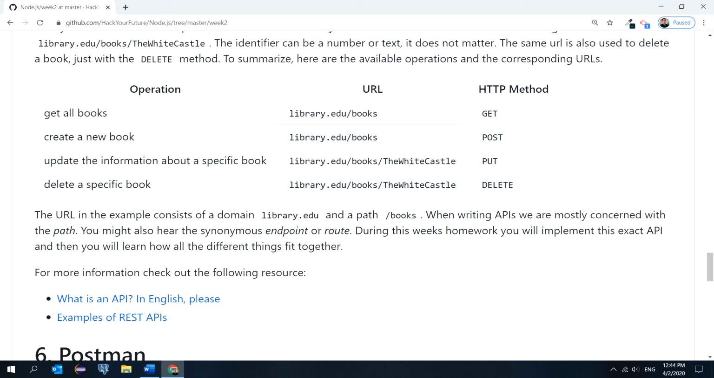And in the next part, we are going to actually start with this definition here. Then we are going to build a real application that implements all these different